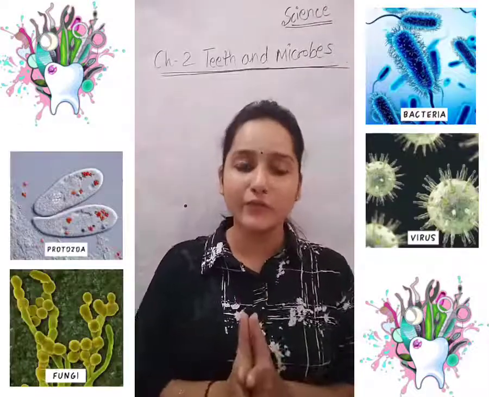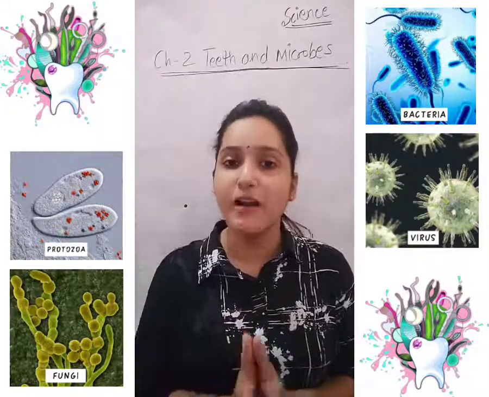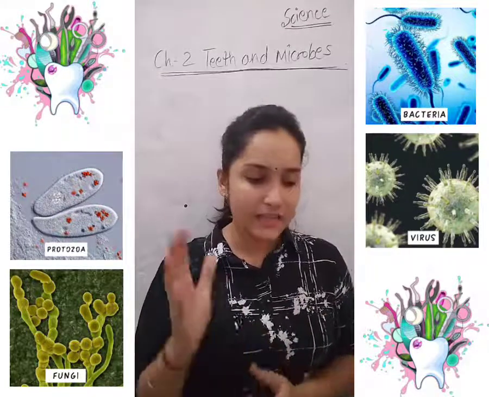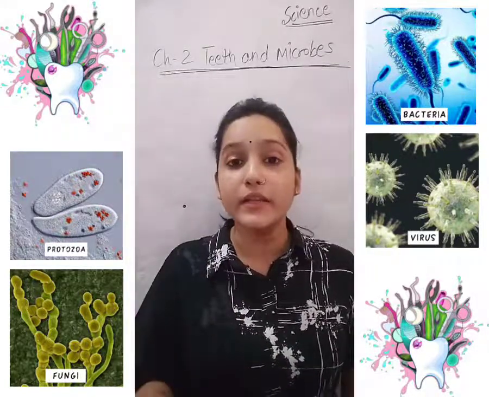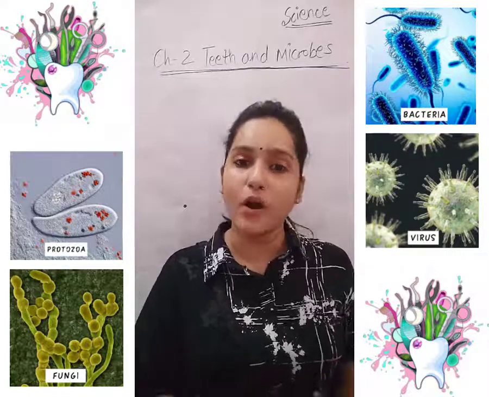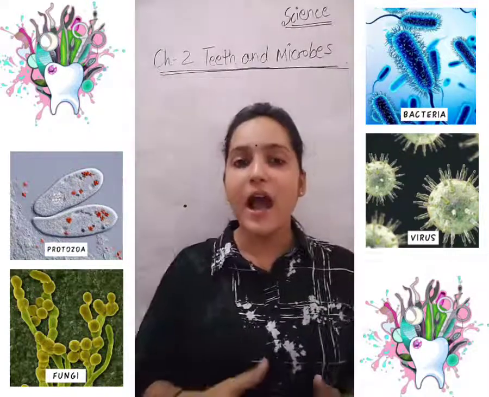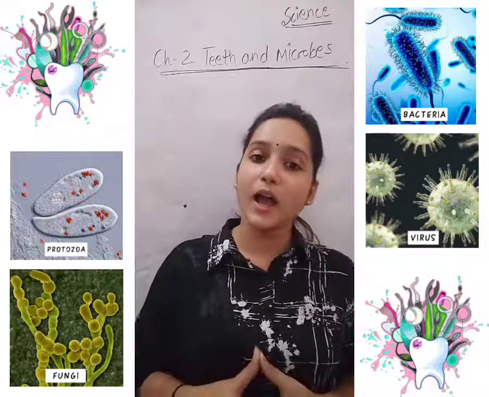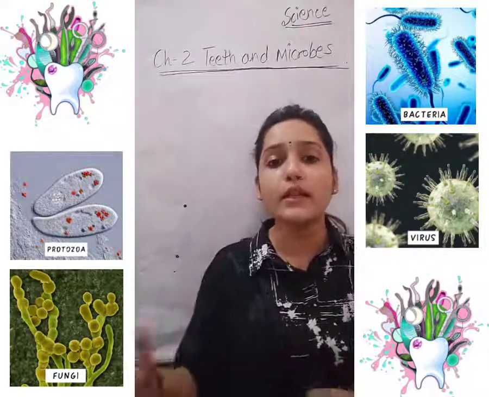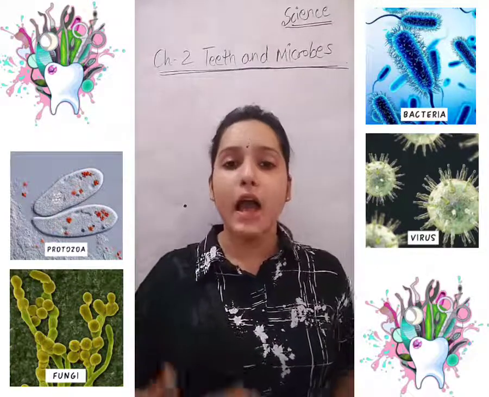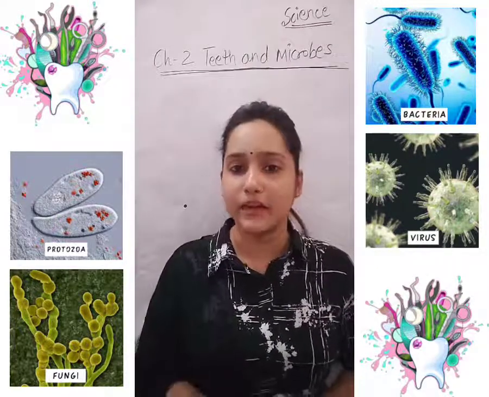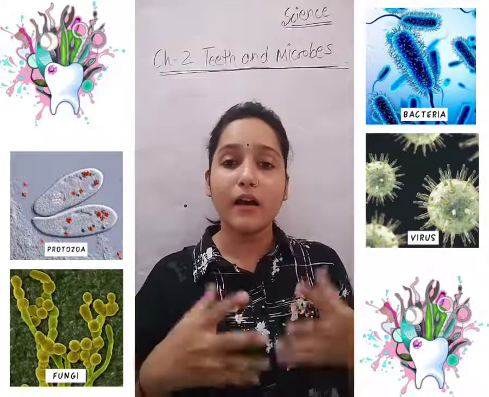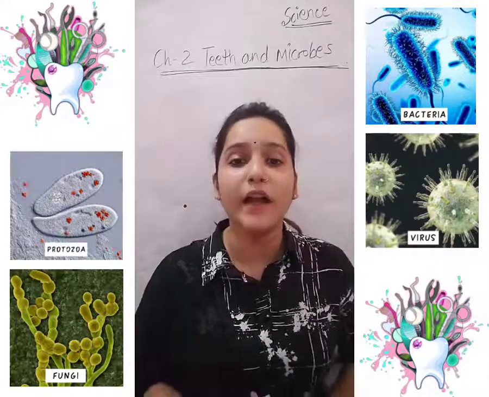There are 4 kinds of microbes, which are bacteria, viruses, protozoa and fungi. So bacteria are single celled microbes which are found in different shapes, like spherical shape, rod shape and comma shape. And viruses are much smaller than bacteria. And the fungi can grow on dead and decaying matter, and the protozoa are single cell organisms. So now we are going to know